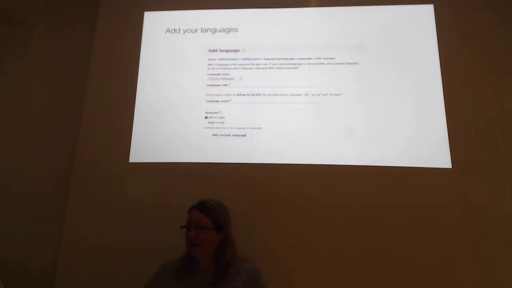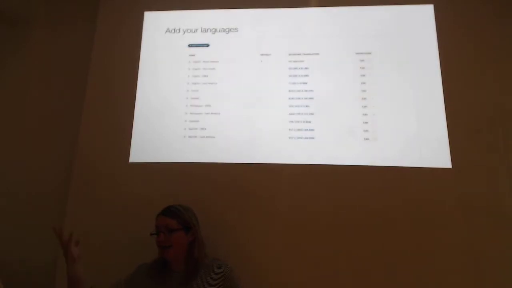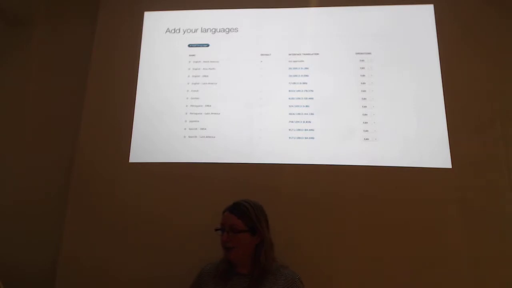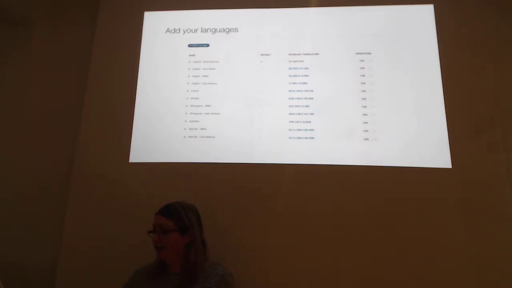Adding a language is fairly easy. You just go along to the language page and add your language, selecting from the drop-down. You can choose English, Spanish, Norwegian, whatever it is. We were adding custom languages, so that's also an option. That's where we added en-GB, en-US and en-MX to get the different variations in our localization project. This is a snapshot of all the different languages that we had. But you can see what it is there.